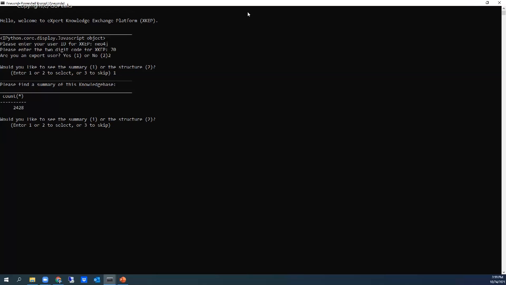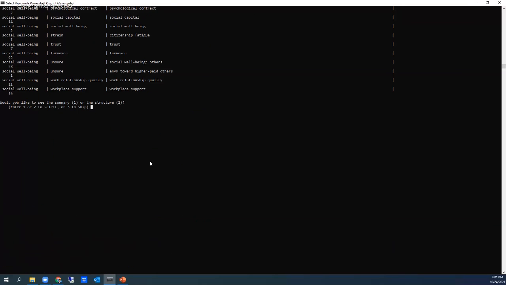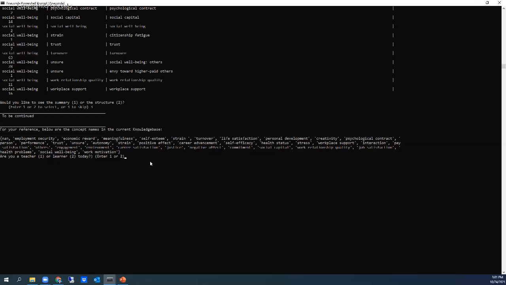We can also see a structure in terms of what real-world entity concepts have been included in this knowledge base. Now, once it's done, we can enter 3 to skip. All right, so it's loading a list of the standardized names of the concepts in the current knowledge base for this demo purposes.